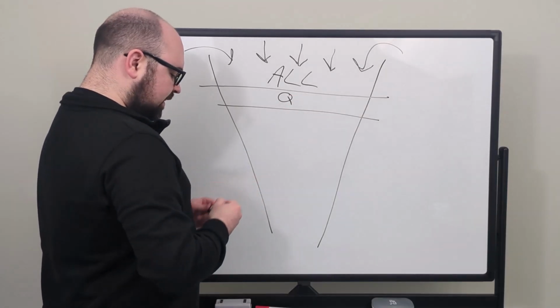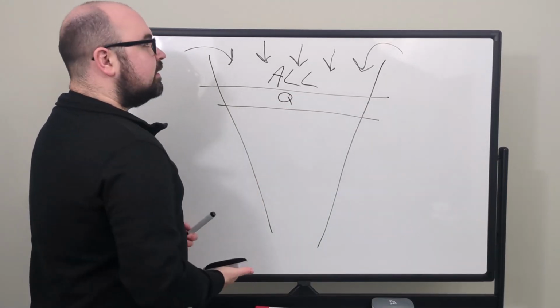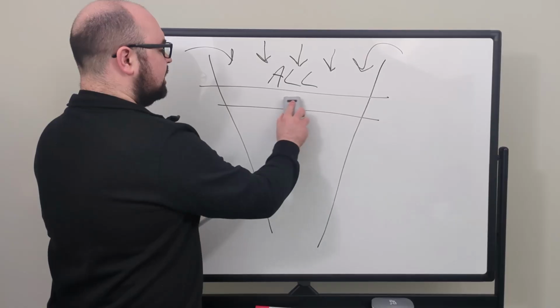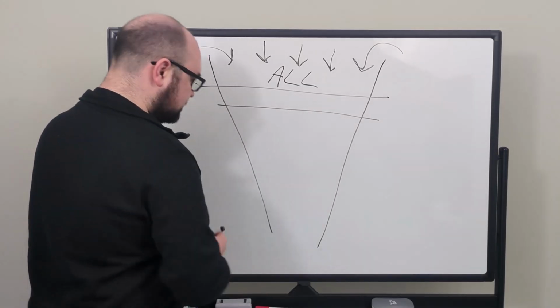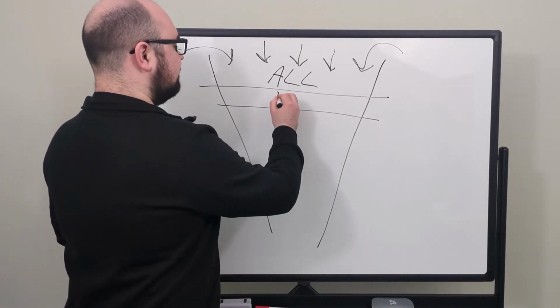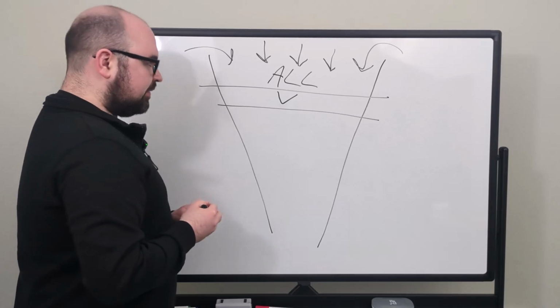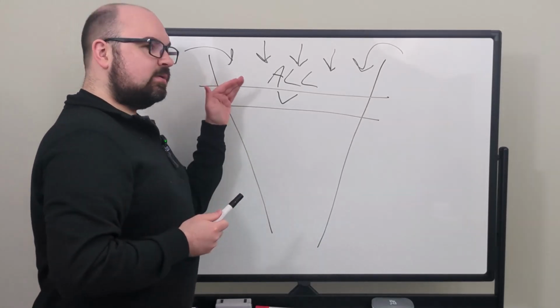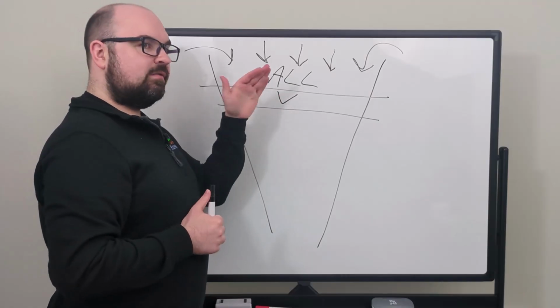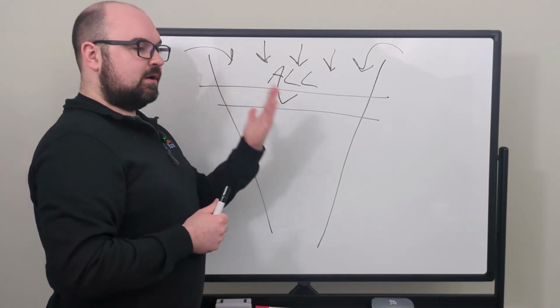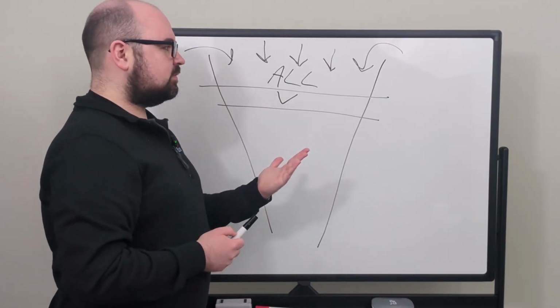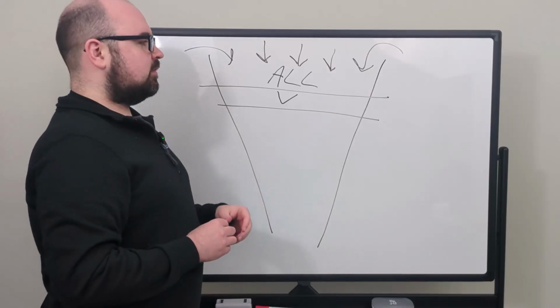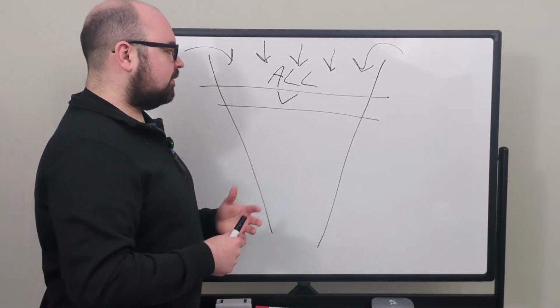Now there's a couple different ways that you can actually look at this. So even before we jump to the qualified leads, one thing that you can do, which is very helpful, is any of the leads that are verified, okay? Now, what I mean by verified, there's a lot of different ways that you can do this. When somebody is filling out that particular form, it doesn't matter what form it is, whether they are on an iPad at a trade show when they meet you, on their phone, or on their laptop, it doesn't matter at all, okay?